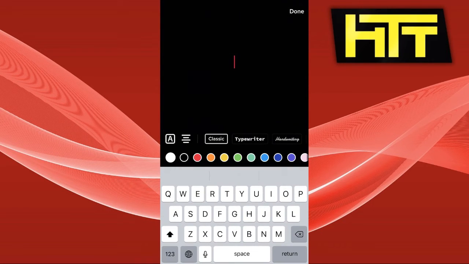So for example, I am going to type in a random text, and what happens is there's a feature in TikTok where you can enable the text to be read. So I'm going to type in a text, and after that I'm going to write text to speech, and once I do that,